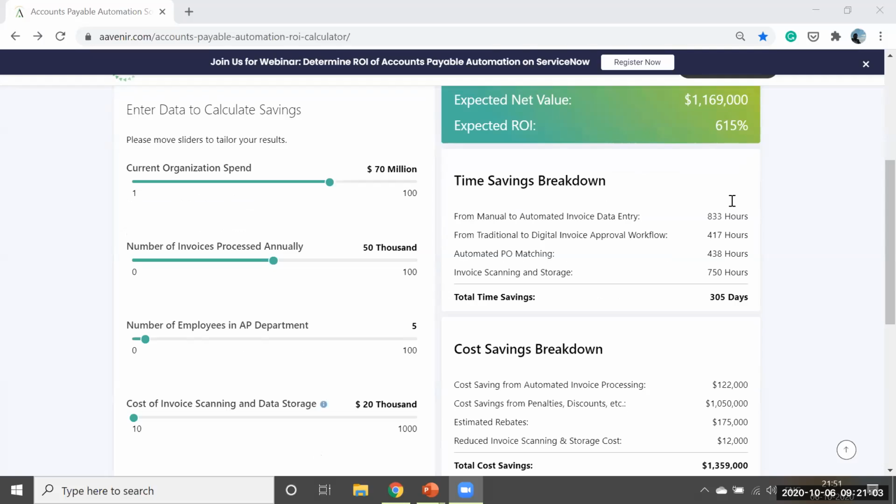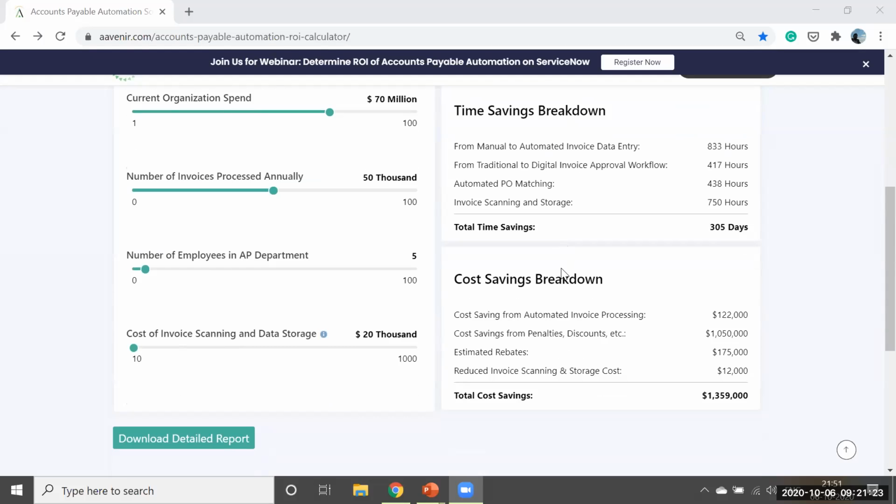So what you can see is that time saving. This is how your AP team or your employees are going to save time, probably in not matching or not entering the data, and then trying to identify the approvals and spending time in PO matching, scanning. So you're going to save eventually those times. Once that is done, how the time translates into cost. So this is how all the time that is saved, like 305 days, is going to translate into the cost savings of around